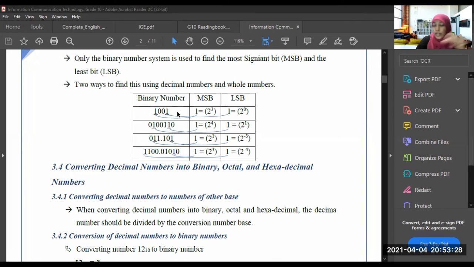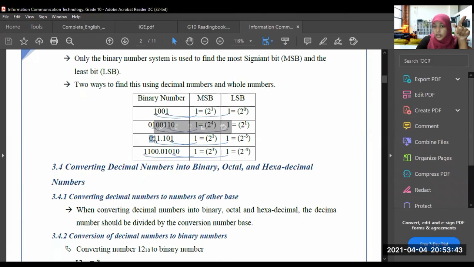So for an example, in my note I have given you this one: 0, 1, 1, 0.101. So the most significant value here is 1. This is the last one, this is the biggest. It should be the biggest one, but because it is 0, it doesn't have a value. So we'll go to the next number. So it is 1. The place of the 1 is 2 to the power 1, because this is 2 to the power 0. After the decimal point, it is 2 to the power minus 1. So here the least significant bit is 2 to the power minus 3.